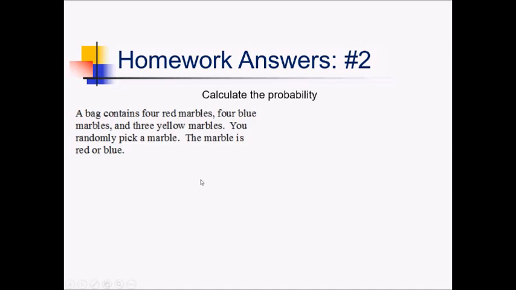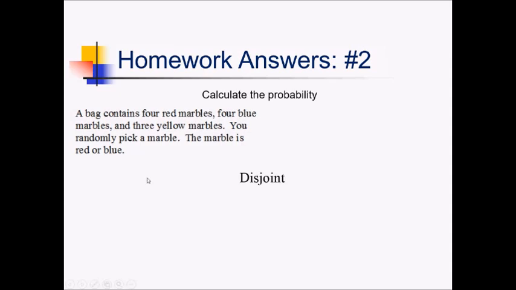For this one, given a bag of 4 red, 4 blue, and 3 yellow marbles, we want the probability of randomly picking a red or a blue marble. So we have an OR statement here, so we have to think about overlapping versus disjoint. Now, a marble can't be red and blue, at least not in this problem. They didn't say there were any mixed color marbles. So this is a disjoint situation, which means we just find the individual probabilities and add them together without having